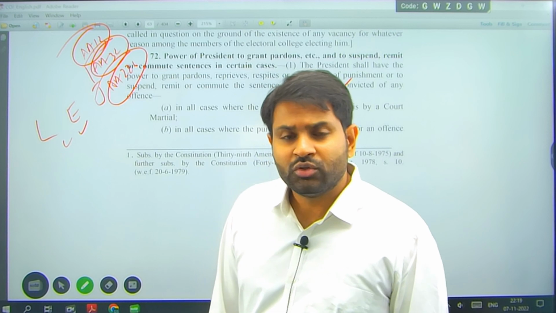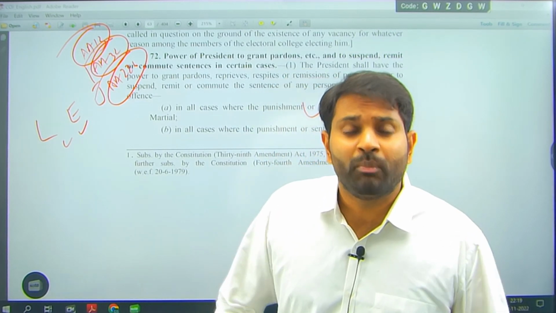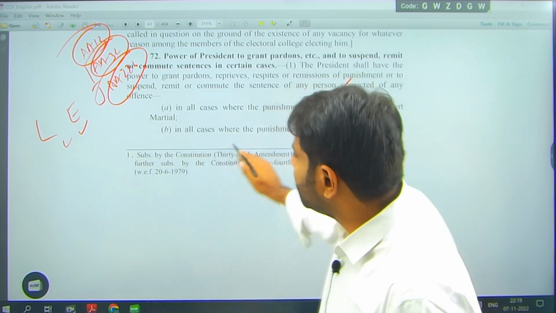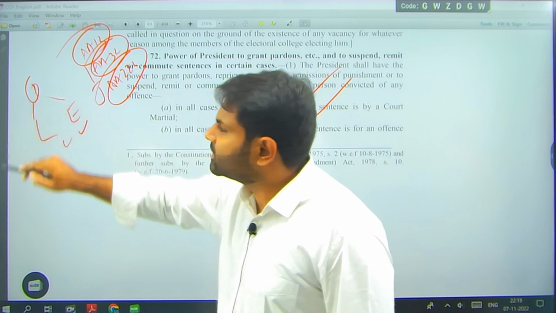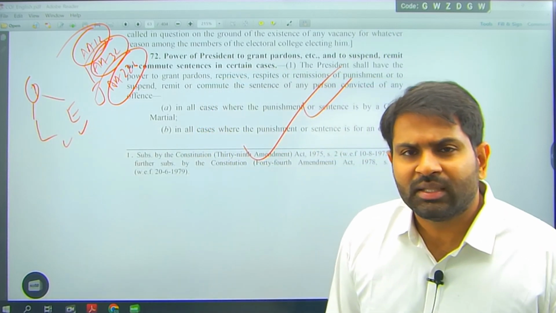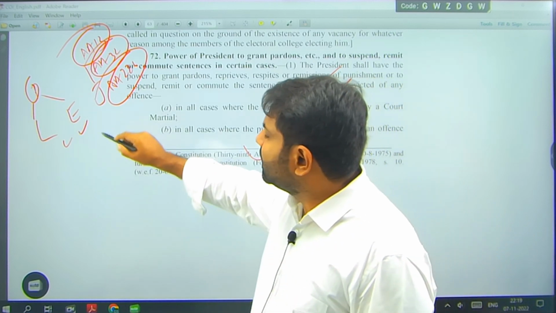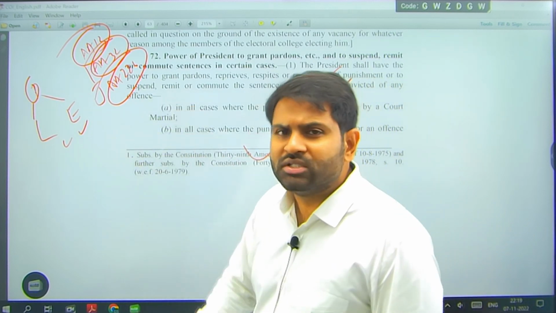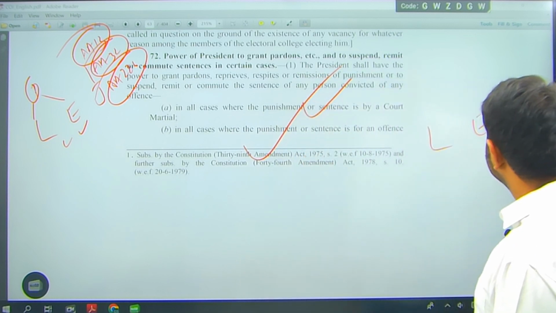But what if the judiciary itself becomes arbitrary? If the judiciary is giving you punishments which are biased, then go to the President. The President is sitting above the legislature and executive, right? He is sitting in the Parliament normally, in the legislature, right? So you can see it is legislative control over the judiciary. This is where we come to LEJ, separation of powers.